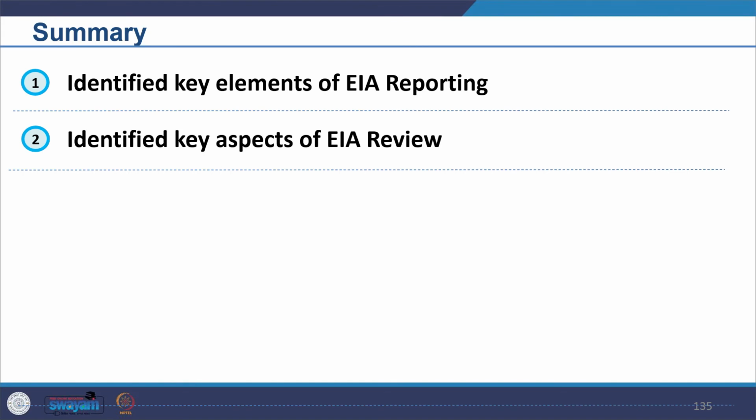So that's all we saw today. We looked at the key elements of EIA reporting: the complete, elaborate report, the different components of it, the purpose of each component, how it is evaluated, and what is really looked into when the report is evaluated. In the same way, we saw how the EIA review and the quality of the EIA is assessed. The review process itself is a way of ensuring how quality is maintained and how the key objective of EIA is met. That is what we covered today.